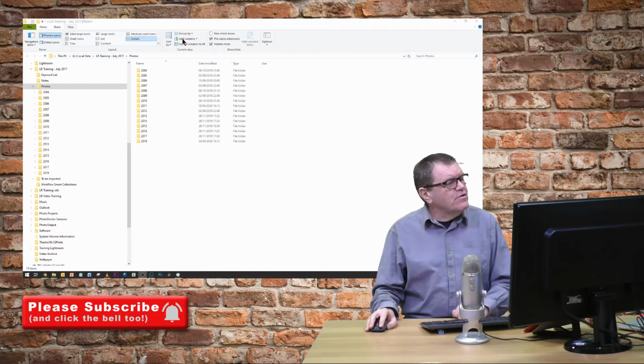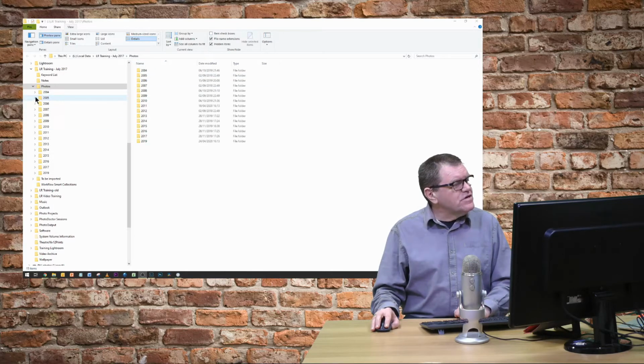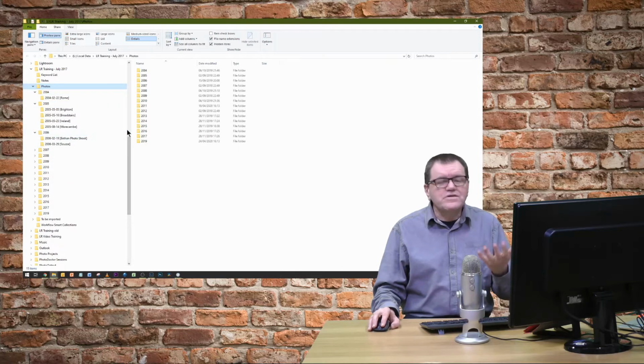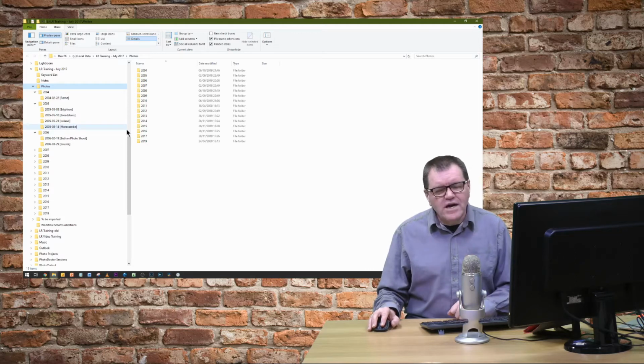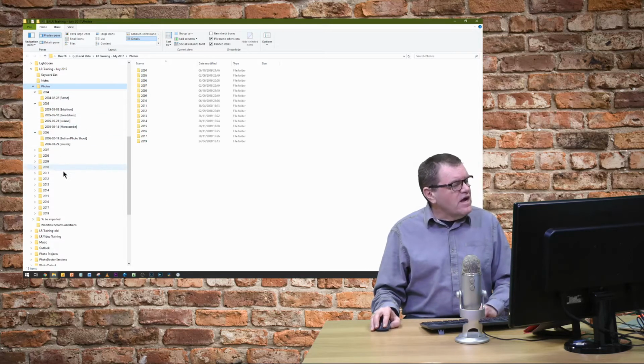Now, it's always good to organise where you have your folders stored. So for example, you might want to organise your folders by year, as I have here. And under each of these years, I've got a number of folders. Now there's only a few folders in each year because this is my training catalogue. But you can see each folder and the number of